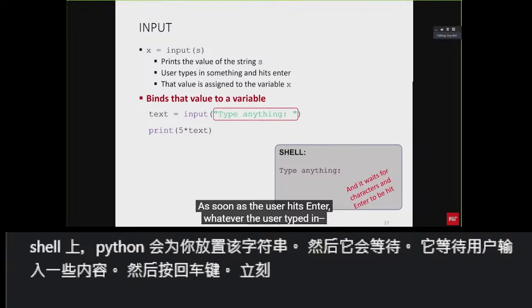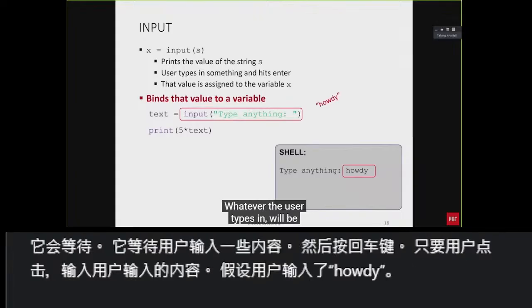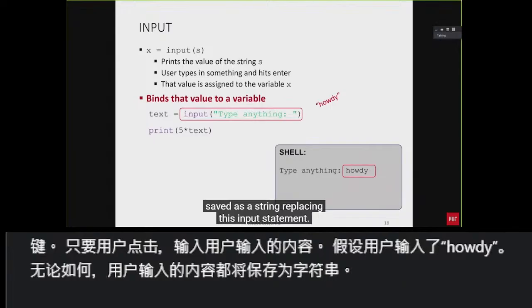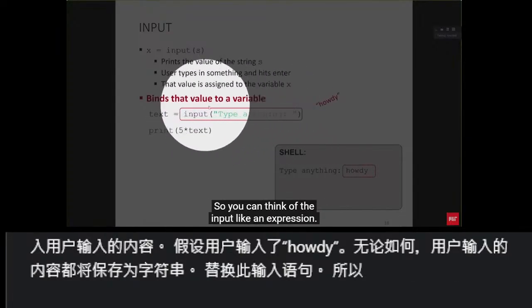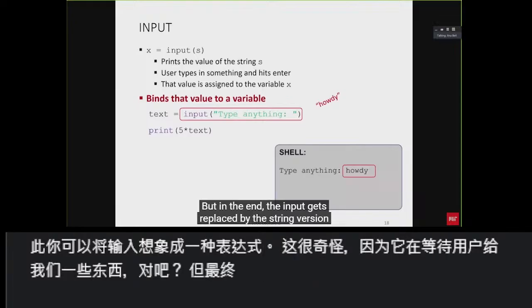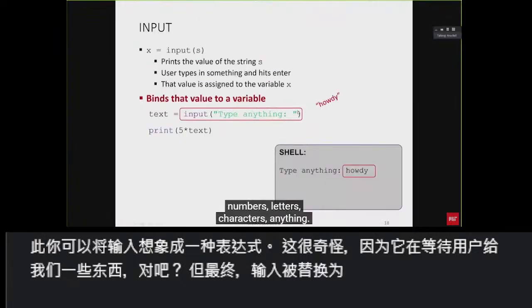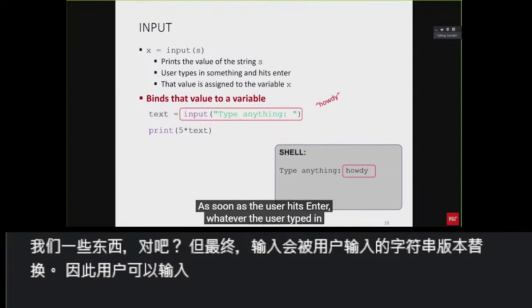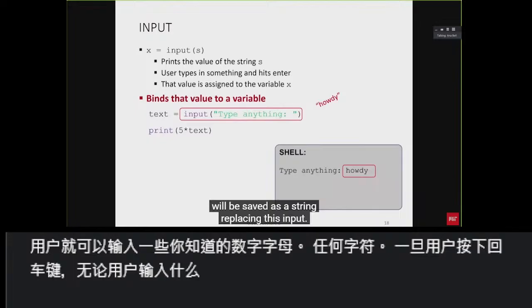As soon as the user hits enter, whatever the user typed in, so let's say the user typed in howdy, whatever the user types in will be saved as a string, sort of replacing this input statement. So you can think of the input kind of like an expression. It's a weird one because it's waiting for the user to give us something, right? But in the end, the input gets replaced by the string version of whatever the user typed in. So the user can type in something, numbers, letters, characters, anything. As soon as the user hits enter, whatever the user typed in will be saved as a string, replacing this